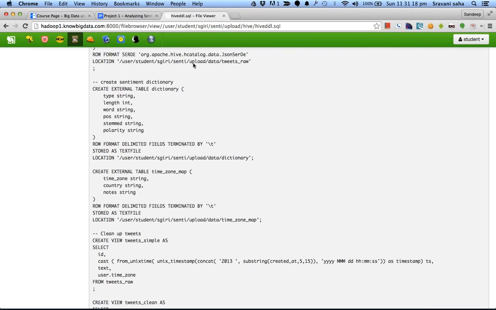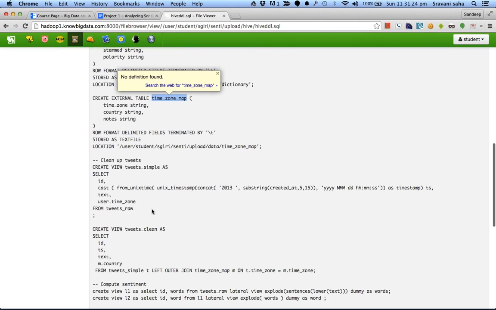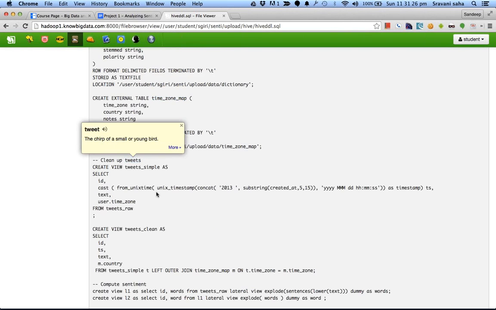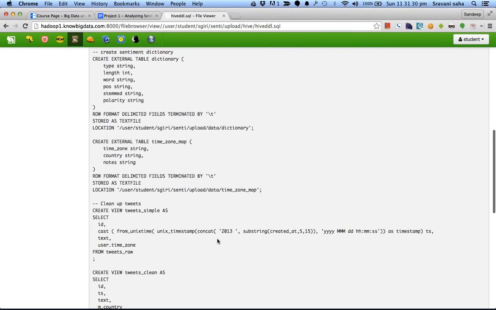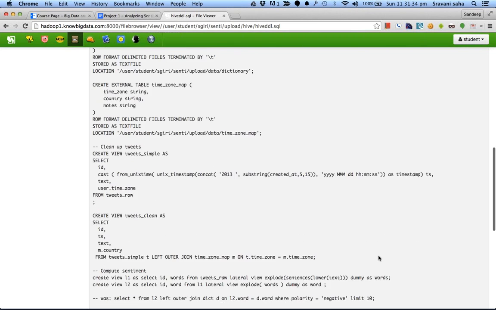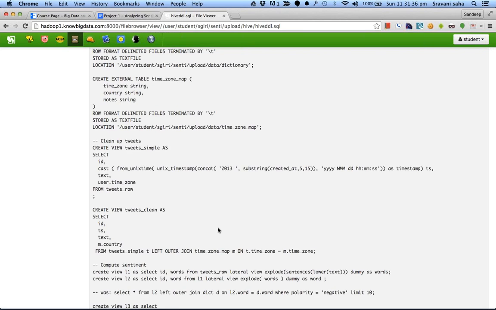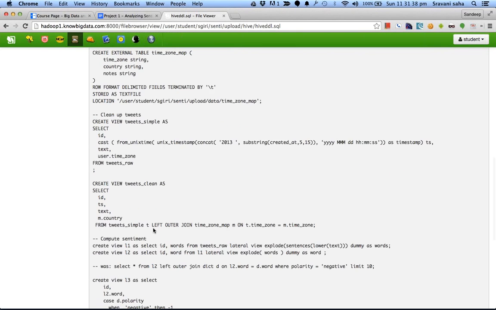Once you have loaded the data, you load the dictionary, you load the time zone map, and then you create a view called tweet simple where you convert the date from a string to a timestamp. Afterwards you do an outer join on the time zones map.